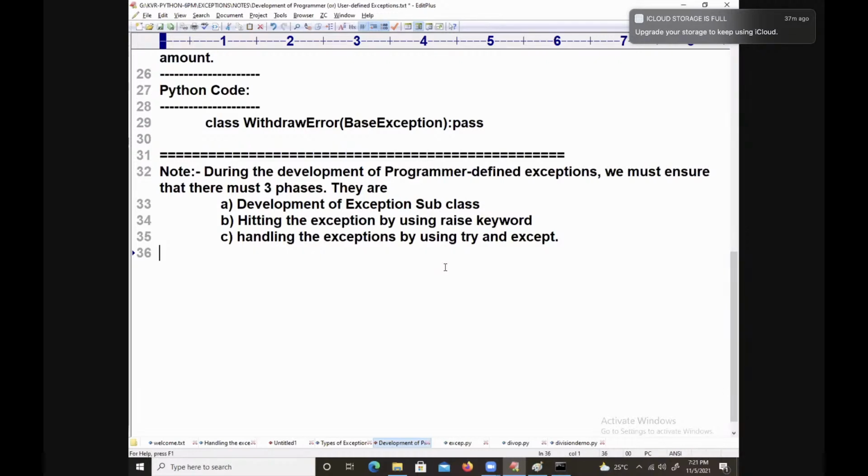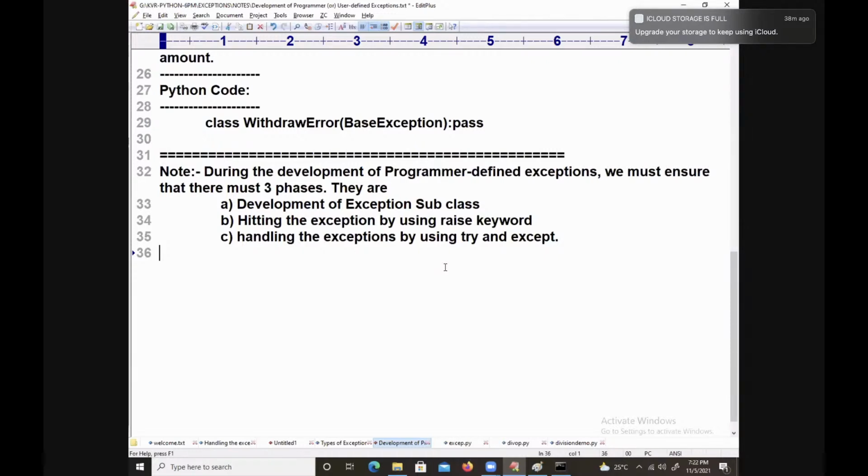After that, if no exception, else. After that, finally. What is the order of the keywords? Raise first, then try, except, else, and finally. First keyword is raise.